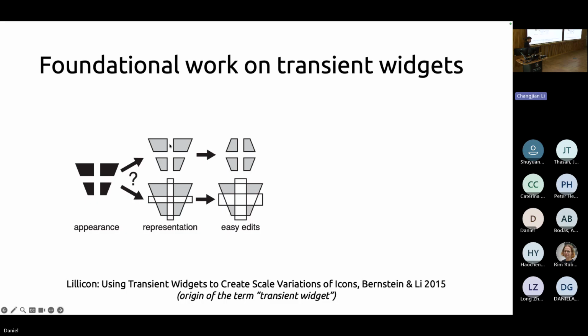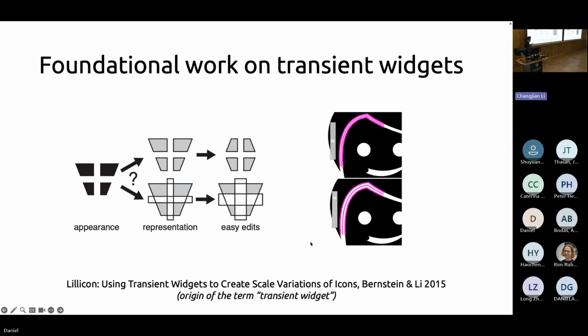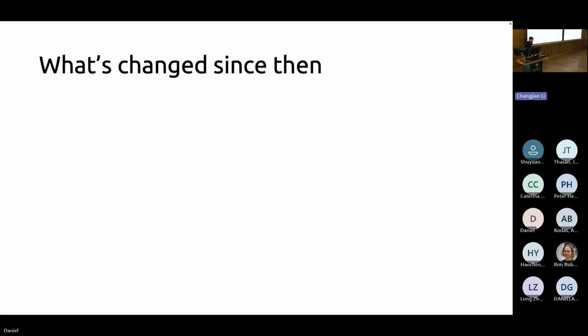If I represent that as 4 quadrilaterals, it's easy to do this edit. But if I represent it as this trapezoid with these strips Booleaned out from it, it's much easier to adjust the white space in between those window panes. And so they built a system which let you do this. You could take just any old black and white SVG image, and you could interpret the negative space between parts of the graphic as an actual stroke, and you could adjust that stroke's width and things like that. Super cool. I think this is a paper that's underappreciated, in my opinion.